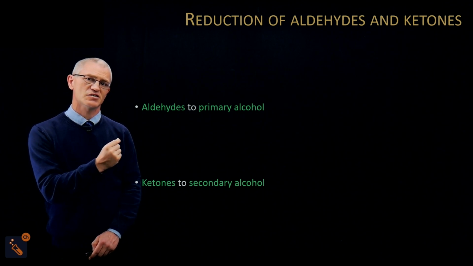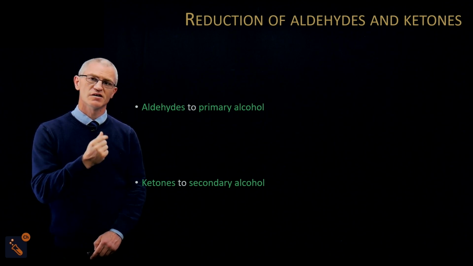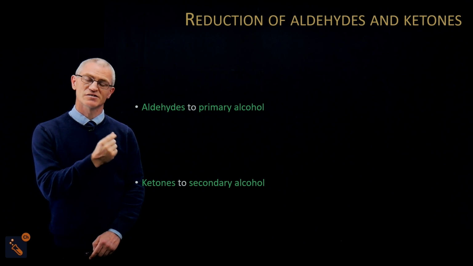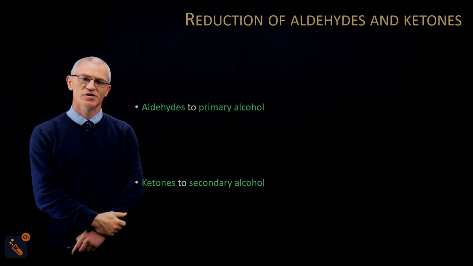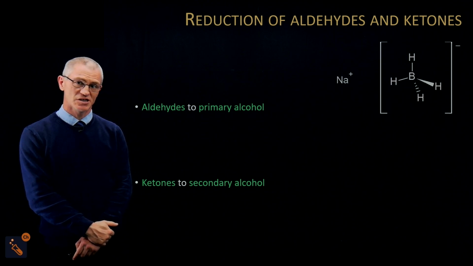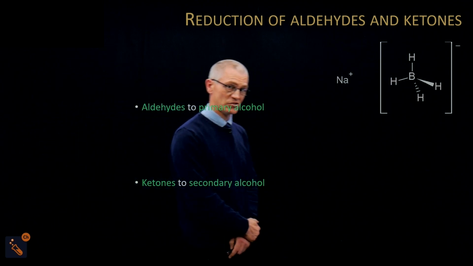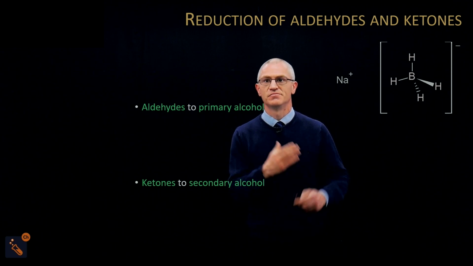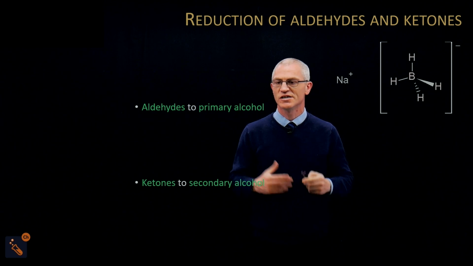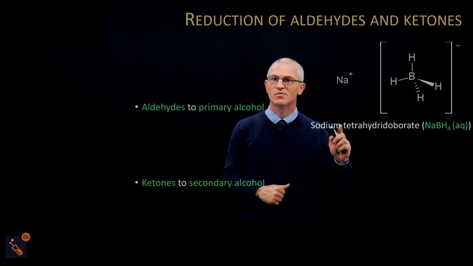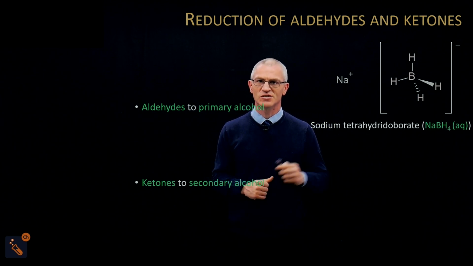And we're going to do reduction. So reduction can be thought of as adding of hydrogen as well as gain of electrons. So here we're adding hydrogen, which is how you remember it as reduction. Now we're using a reducing agent. The reducing agent is sodium tetrahydridoborate, this complicated molecule here. Not really expected to remember it, but its name, as I said, is sodium tetrahydridoborate,